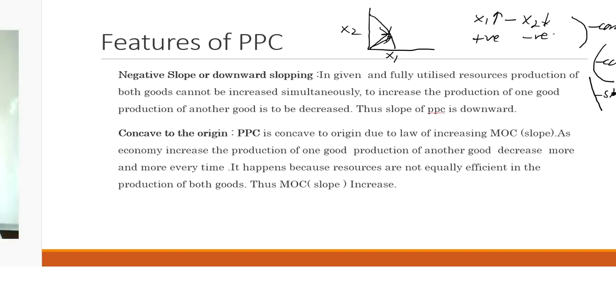A little bit of a hint about slope I will give you here. In a later phase of this topic, I will tell you what MOC is, how it is calculated, and why it is increasing. Slope is perpendicular by base. In this curve, if we want to find the slope, this is X2, this is X1. Suppose you are at point B. If you move from B to C, what will happen? Check it.